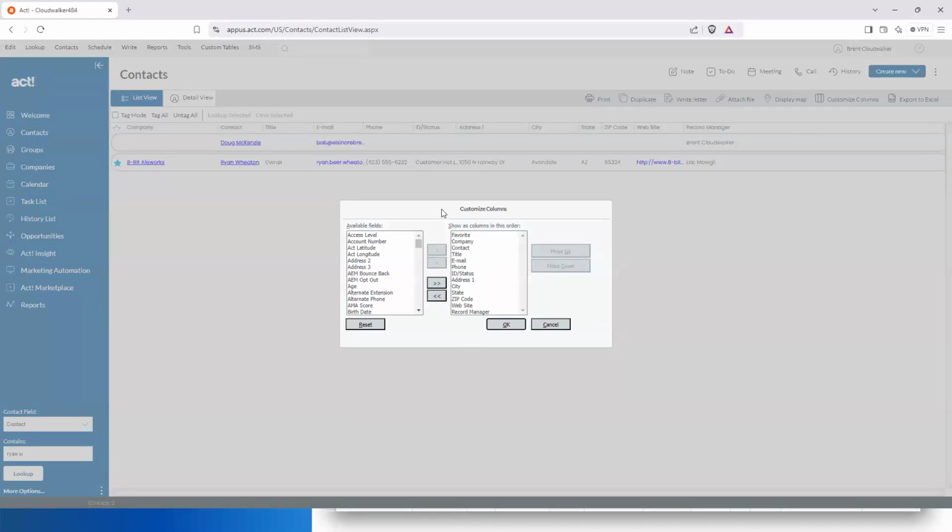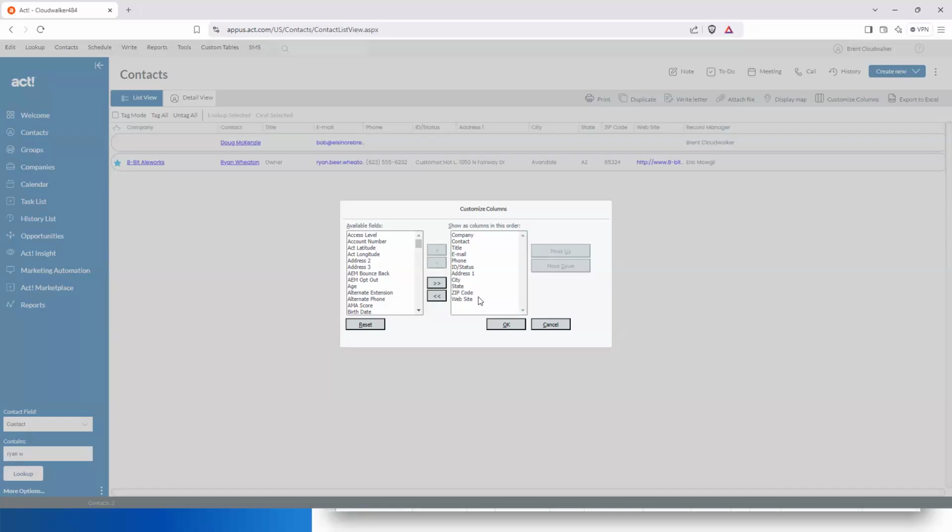And I'm going to click that. Now, stay with me. If I'm losing you, trust me, it will make sense. What I want to do is customize these columns so that I'm including the fields of data that I want to import. Maybe my favorite, maybe that's not important to me. I'm going to remove that from the current view. But I really want this right column to show the fields that I want to include on my import.